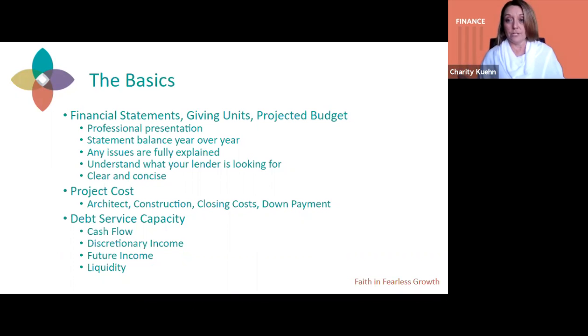it's two different languages. So how I fit into that picture is that I both have a background in church and in lending, and I can be that interpreter between the two groups to make sure that everybody's on the same page to be successful in finding good financing options for your church with good rates, good terms, not just something that you have to have and you have to accept because there's no other choice.